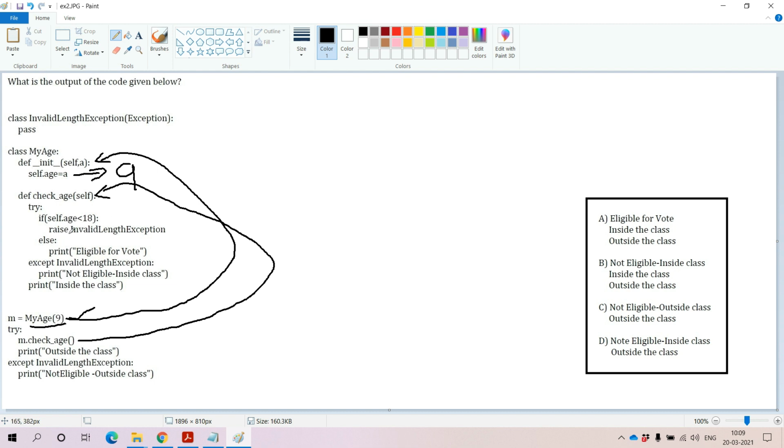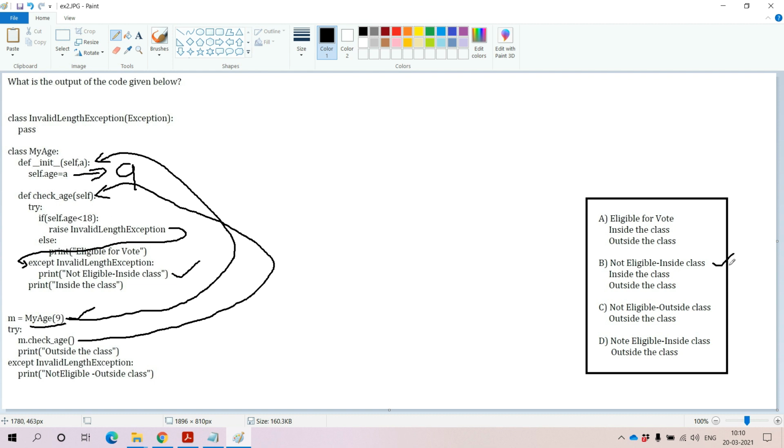It is not at all entering into the else block. It will check, is there any invalid exception that is available in the except block. Yes, it is available. It will transfer the control to this except block. Within this except block, whatever message we are printing, not eligible inside the class, that will be printed first. We need to check out of all the 4 options in which option we are having that not eligible inside the class.